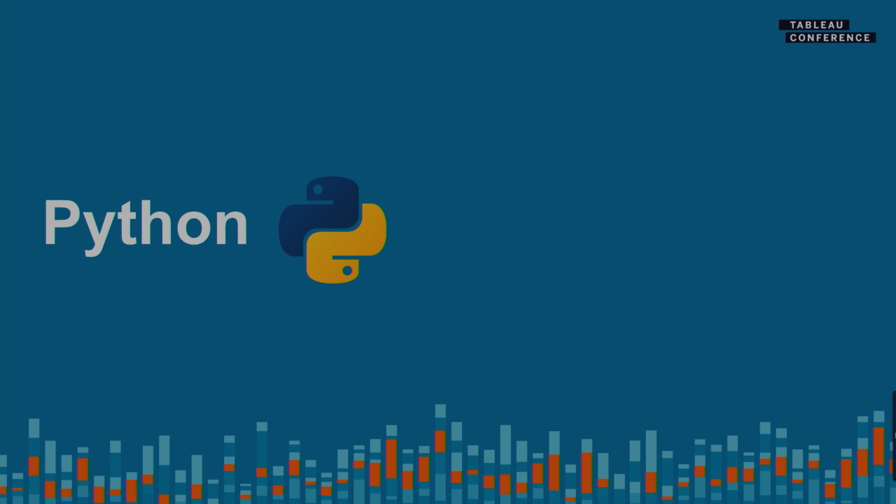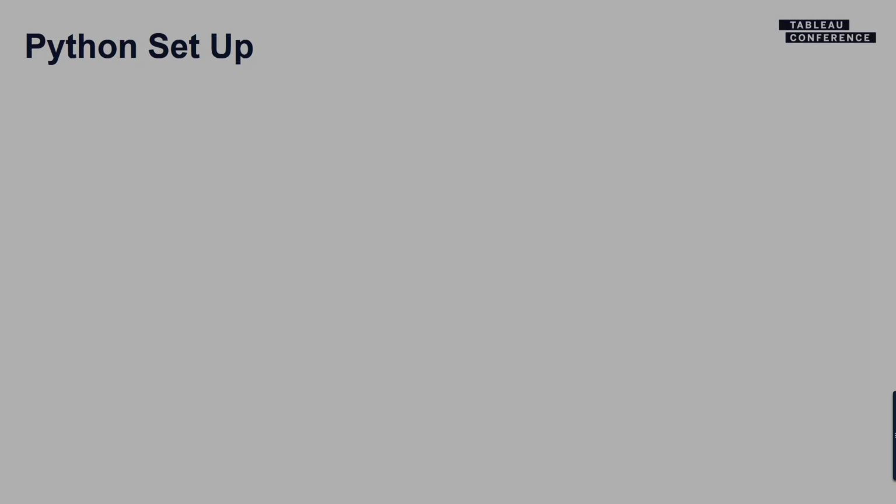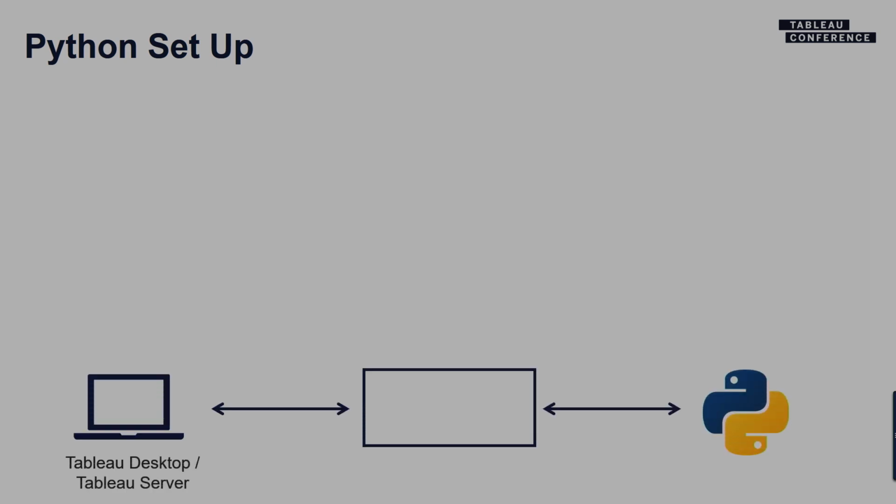And with that, let's move on to the second member of our external services family, which is Python, a language some of you might prefer above R. So talking a little bit about the setup, we no longer, of course, use an Rserve instance where we want to connect Tableau to Python. In this case, we're going to use TabPy, which is a client that's going to allow us to do so.